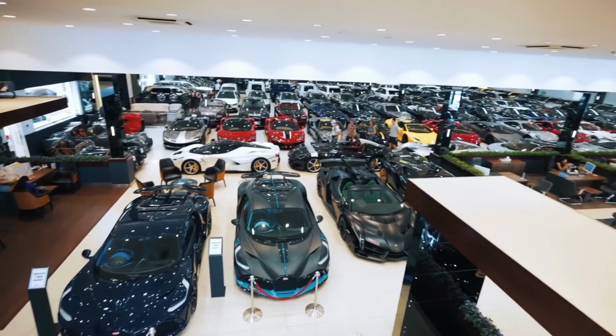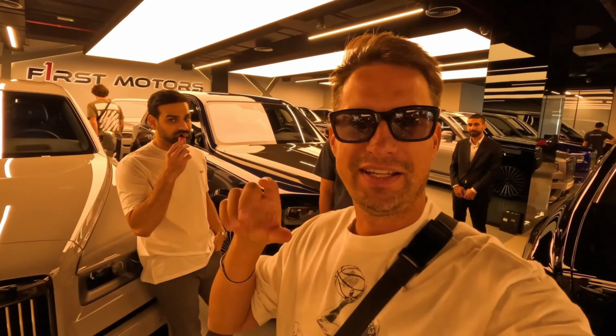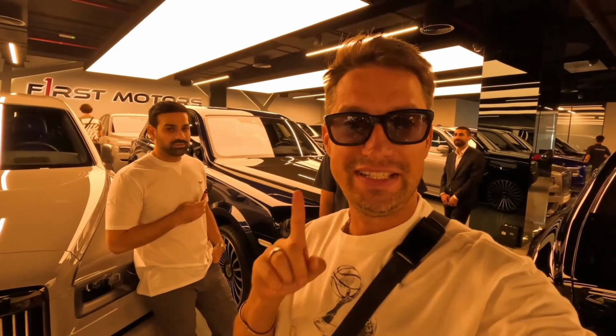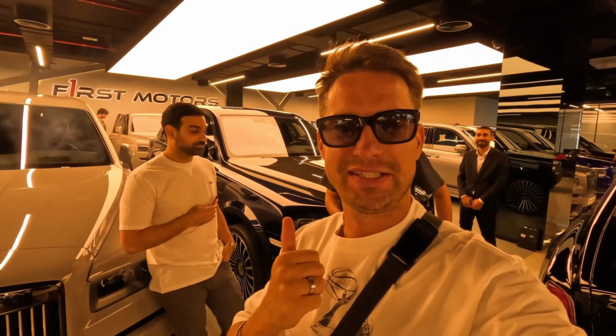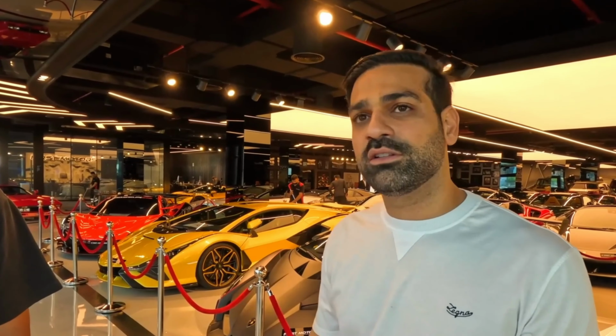These guys are smart. They sell expensive watches on the top floor, they have cars here, and upstairs they have a real estate agency. So you can buy a watch, an apartment, and a car all at once. At the moment, they have $200 million worth of cars. $200 million! There's the owner standing behind me. He says I'm very rich, so he won't give me a discount. If you want to see watches upstairs, he can take you. Okay. And if you want to see real estate, he can take you. Next time because we already...